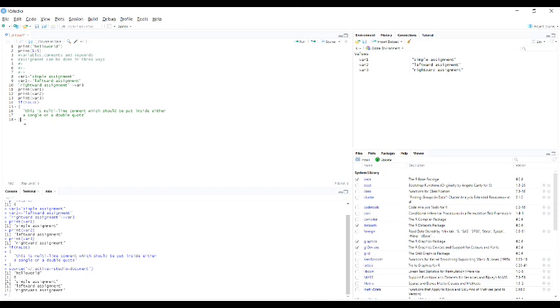Now we will go for keywords. Keywords are words reserved by a program because they have a specific meaning, thus a keyword can't be used as a variable name or function name. We have keywords like if, else, while, repeat, for, function and so on. So how are we going to see the reserved words? By typing help of reserved.